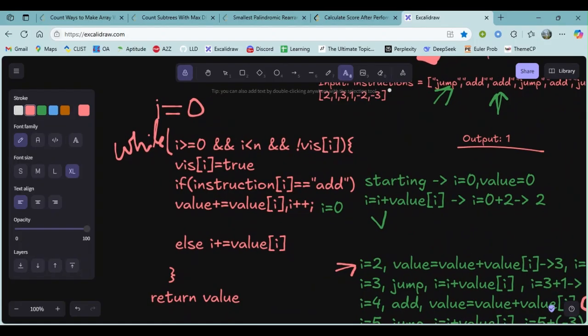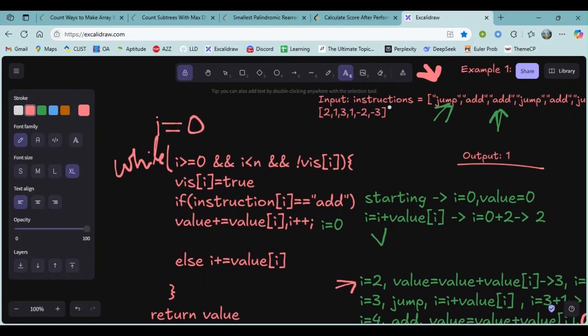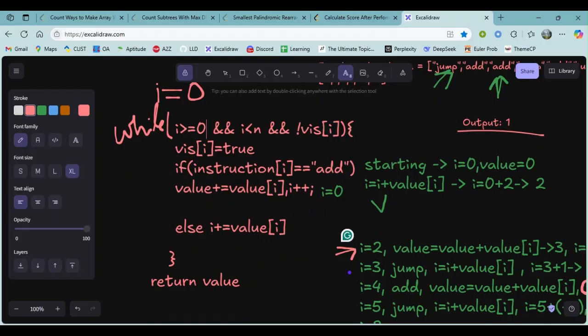First we start with 0, and we will visit the array till we are in the array. For checking whether we are out of bounds or in the array, I do i greater than or equal to 0 and i less than n, and we have not visited this index earlier. For checking that, I used a visited array and just execute the instruction given in the problem.